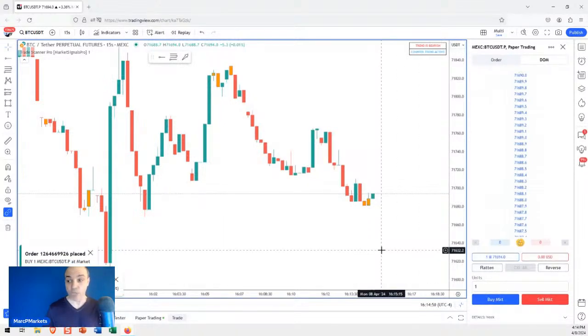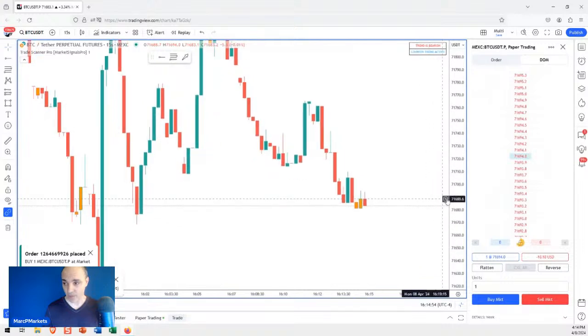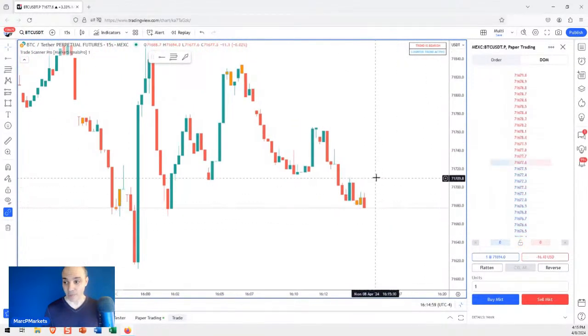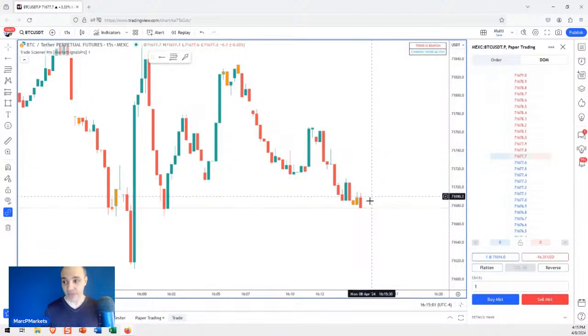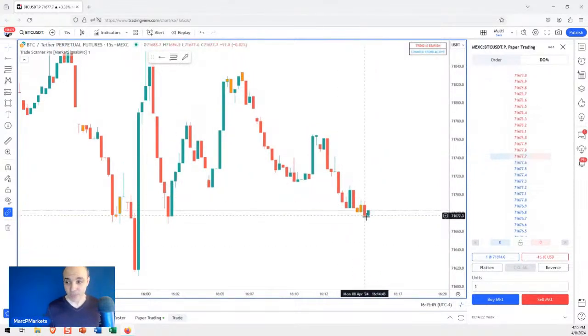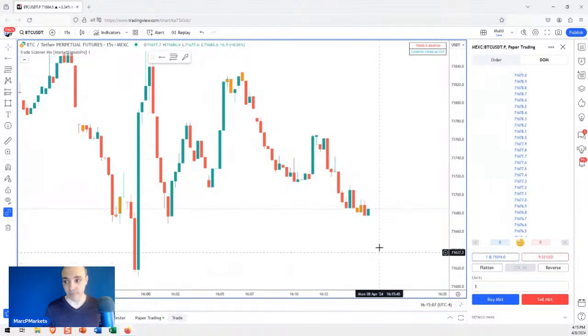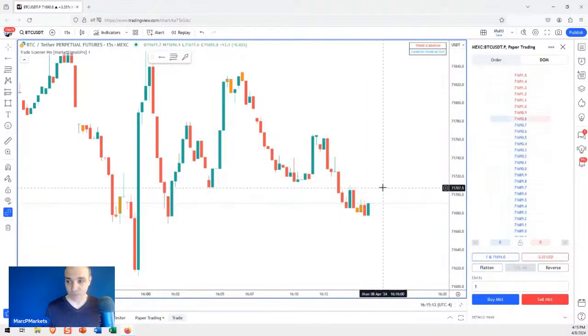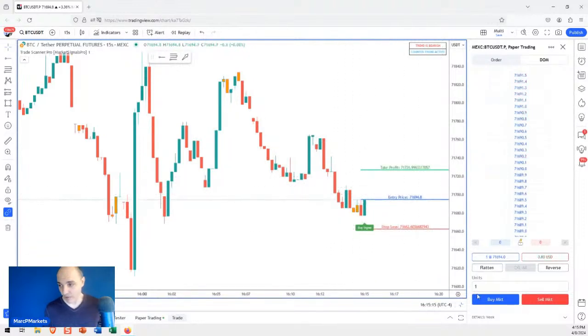Now, what I'm showing you here, you should not do. You should not take a long on an early warning signal. I'm just doing it to show you, because if I get the second signal, the real one, then I'm going to take the second lot, right? That's how I can add. This may just collapse and I'm long 1, but I'm only long 1, so I can just blow it out. But if I manage to buy 2 because we get a signal, now there we go. I'm buying the signal. Okay, now I have the second one.